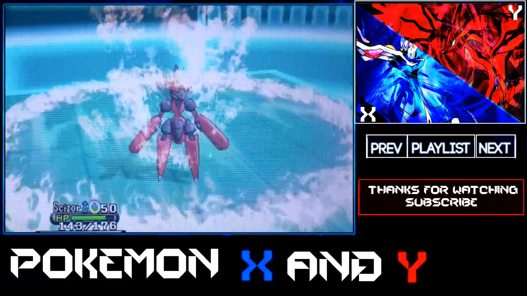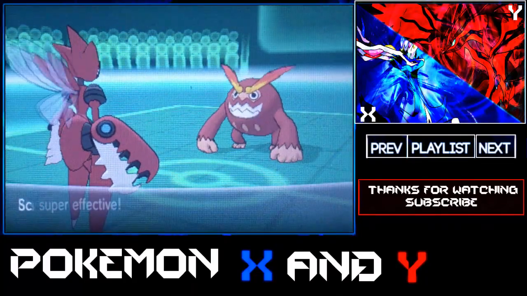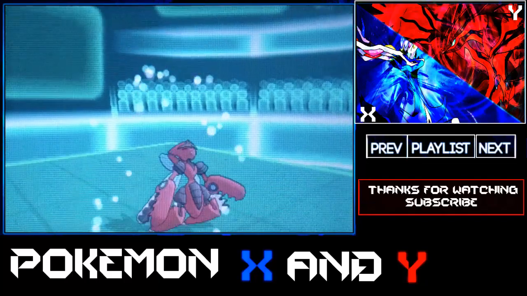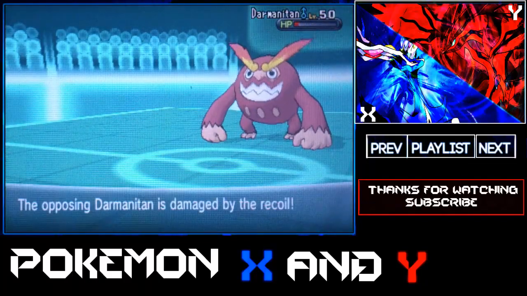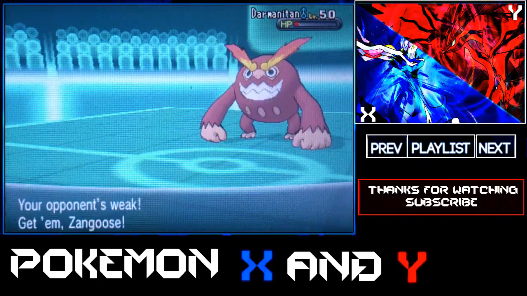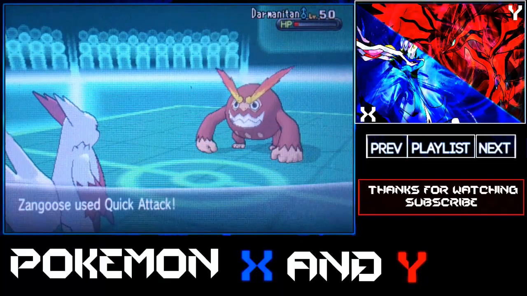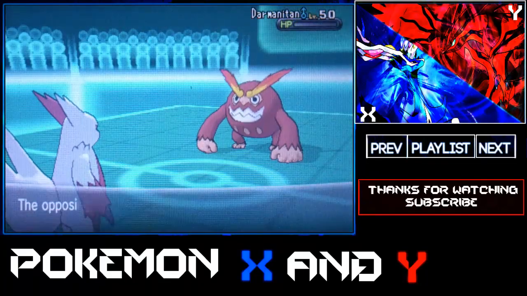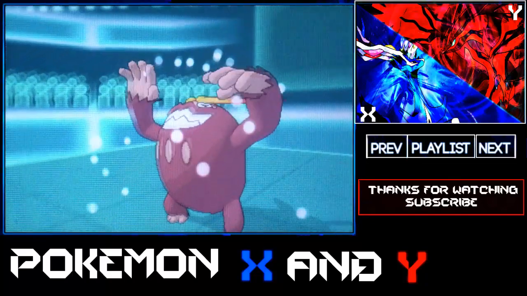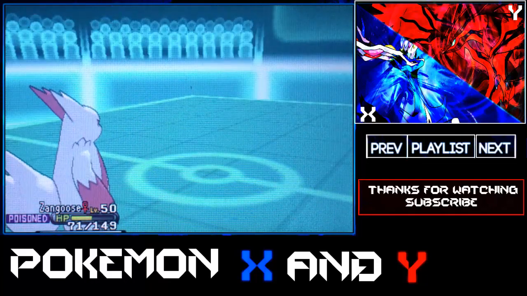And I actually go for the Swords Dance because I wanted my Scizor to die so I could send in Zangoose to take out his last two Pokemon, because I probably could have taken him out with another Bullet Punch there, but I went for the Swords Dance, like I said, so my Zangoose could clean up the show. And he's able to easily take out that Darmanitan with a Quick Attack, and the Sauce Bug, especially after the Stealth Rock damage, will go down to